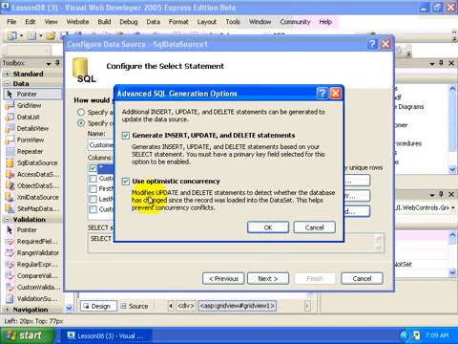Now you can read the descriptions of these, but basically this first checkbox will enable 3 more SQL statements from within our data source to allow the insertion of new records, the updating of existing records, and the deletion of existing records. Okay? The second checkbox, this Use Optimistic Concurrency, is just a preventative measure to make sure that whatever